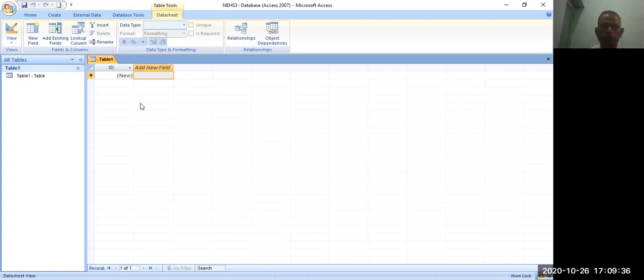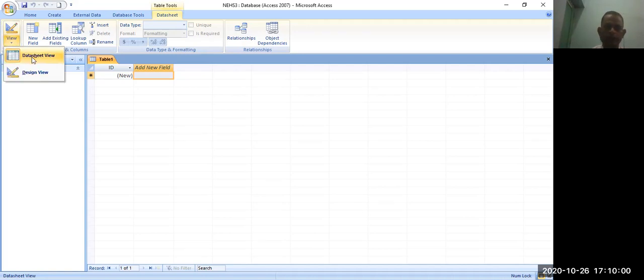It is very simple to create a database. Just go to the home page, first screen, click on the blank database, enter an appropriate name and press the create button. You are then simply able to create a table. Now here you can see the view.